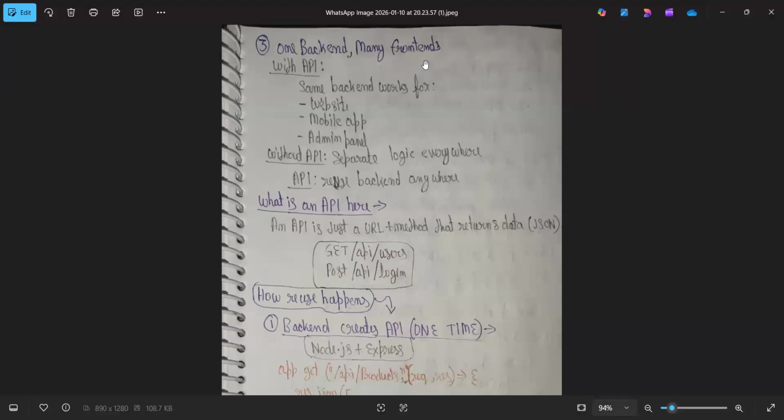So, third one is one backend, many frontends. We can handle many frontends with only one backend. Like, create one backend and use it with many frontends that need the same logic and the same data. So it is only possible with API